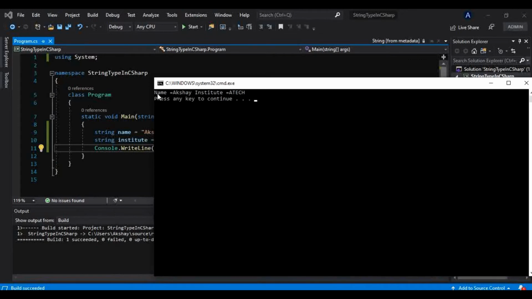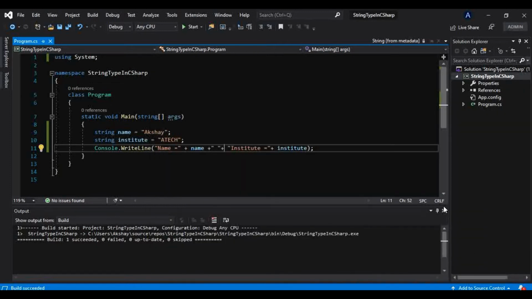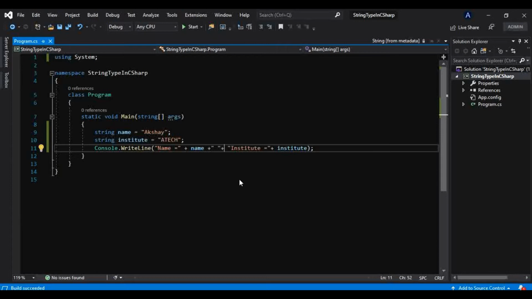It is very much readable to the user, that this is a name and this is the institute's name. Now is that the only way we can print this name and institute onto the console? No, we can use placeholders also. I promised you guys in my previous video that I will show you what placeholders in strings are.